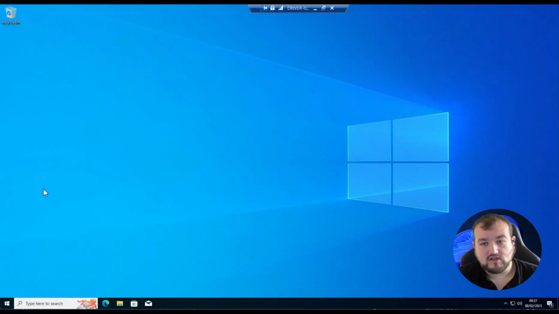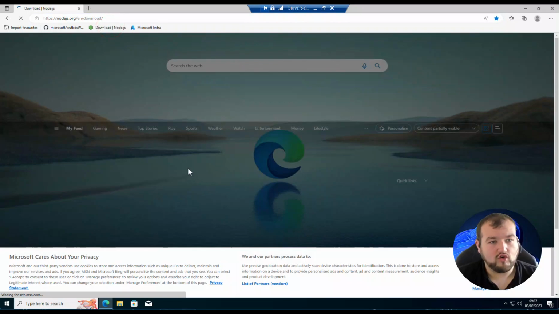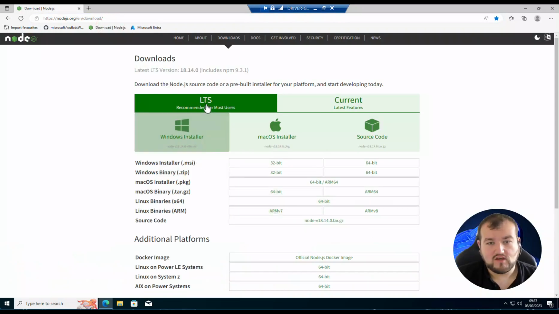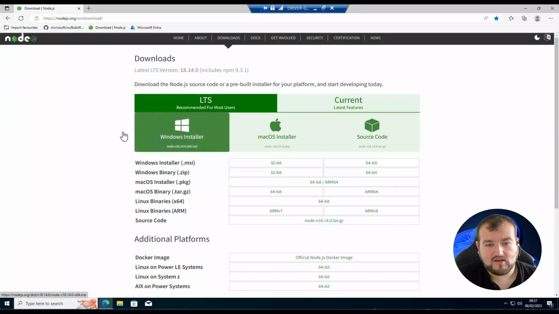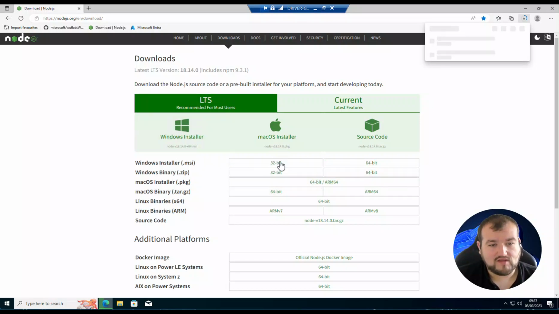Okay, so first things first, you're going to need a machine, and on that machine we're going to need to install the long-term servicing channel of Node.js. It is also recommended that you have an IDE such as Visual Studio Code, but it's not a necessary requirement. So if we open up the Node.js downloads page, there will be a link in the description, and if we download this 64-bit client installer,